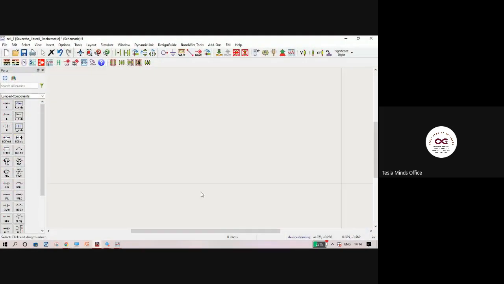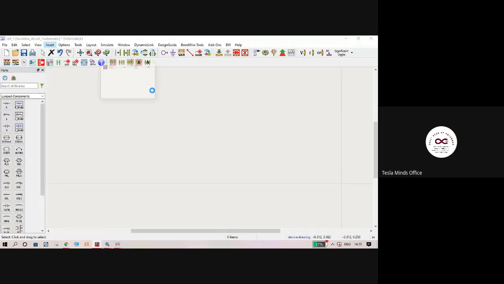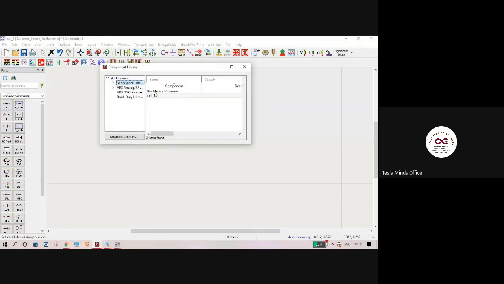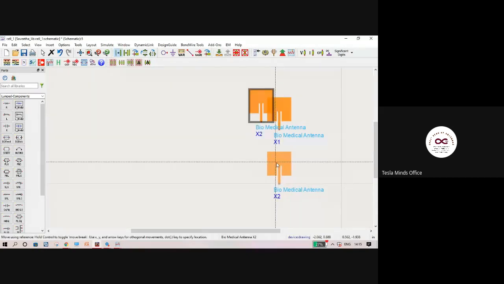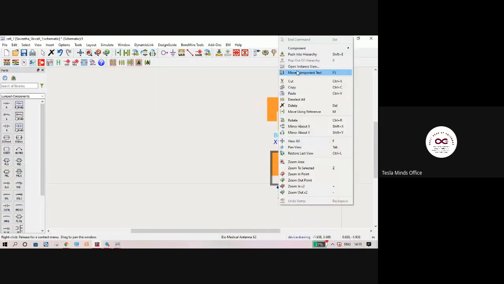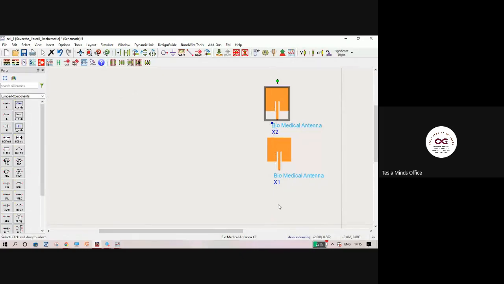Right. So here we have a lot of components. We can place components. So this is that difference. In the layout window, we had drawing of the design. Here it is just pick and place. So we'll just call that antenna now. I'll go to insert component and then place that antenna component here. You can see I can create an array structure directly here. I told you about smart antennas, right? So that can be completely created using this.